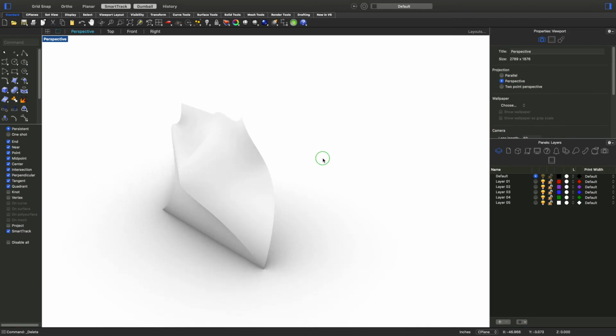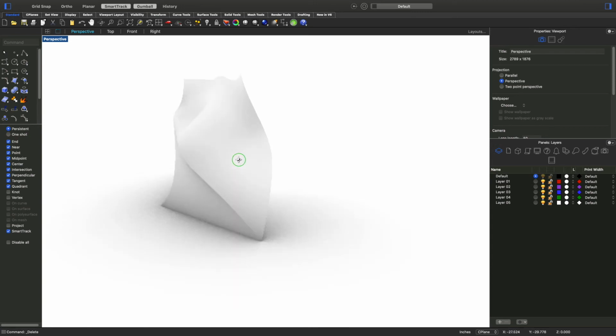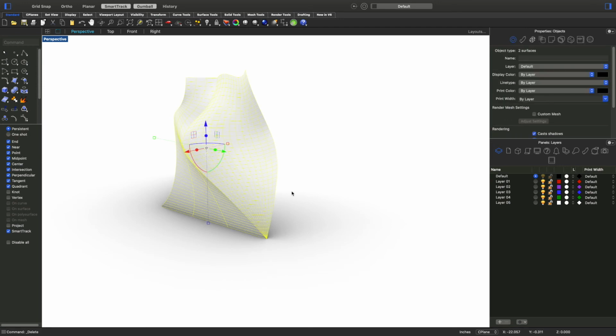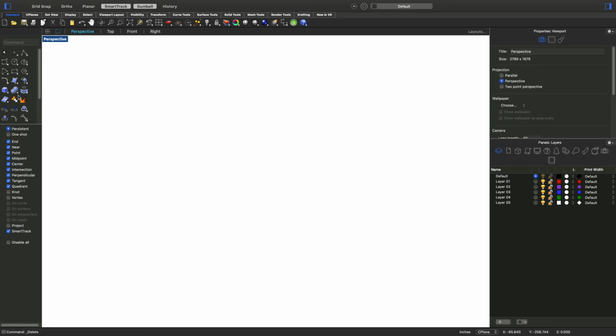Okay, so that's that. Network surface works with I think 3 to 4 lines, maybe a little bit more. I would just experiment with it a little bit if that's a tool that you find useful. The last thing I want to show you guys is how to make fabric. So if I had like a cube